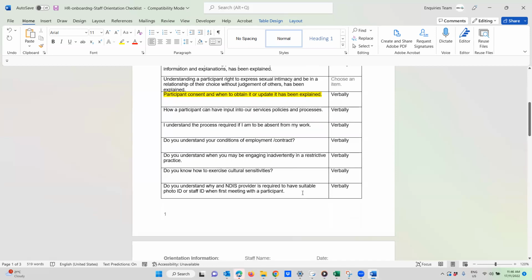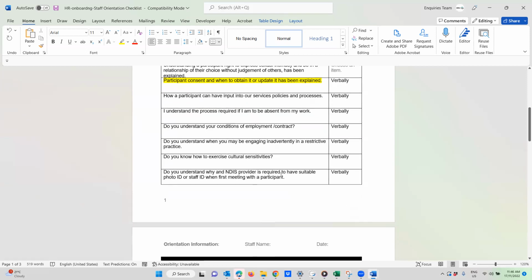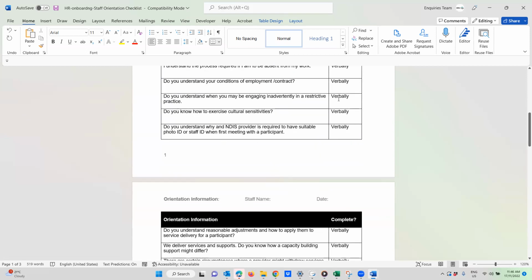And asking people if they know how to exercise cultural sensitivities. These things can all be done with training, by the way. But if you don't have access to training, if you can't afford it, if you don't know about it, you can do it verbally. There are lots of ways you can do it even if you don't have a great amount of funds.